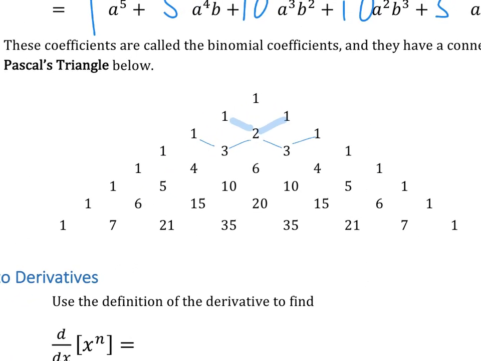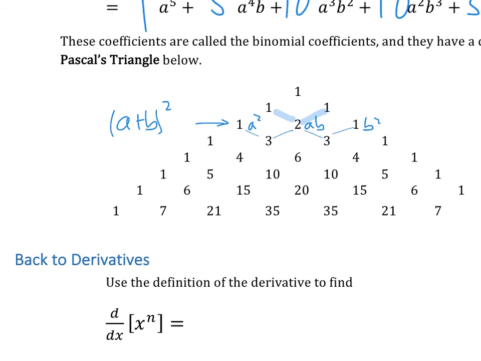And the reason this is useful is these are the coefficients, all right? So these are the coefficients here of a plus b squared. That's going to be 1a squared, 2ab, 1b squared. And so this is squared, cubed, 4th power, 5th power, 6th power, 7th power. If we wanted to know the a plus b to the 7th,